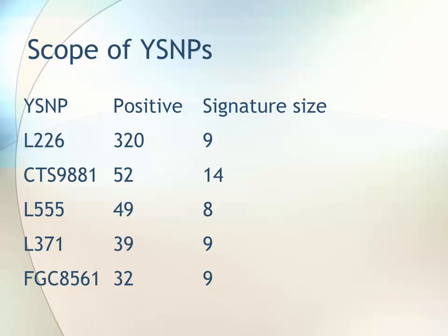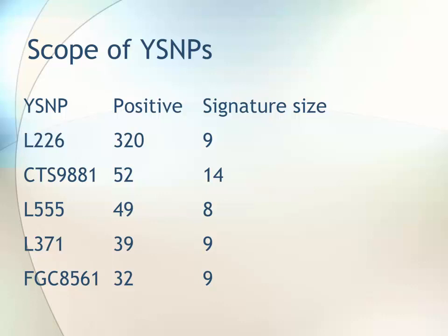This just gives you a little information on how big the scope of these SNPs are and the signature size associated with each of these. L226 is a very large group, so we have 320 positive testers confirmed to be L226 and a fairly robust size of 9 signature matches. 7 is about as low as you should go on a signature size. It doesn't really seem to make any difference that CTS 9881 has 14 signature matches. That might help you figure out a match manually, but once you get to 8 and 9,